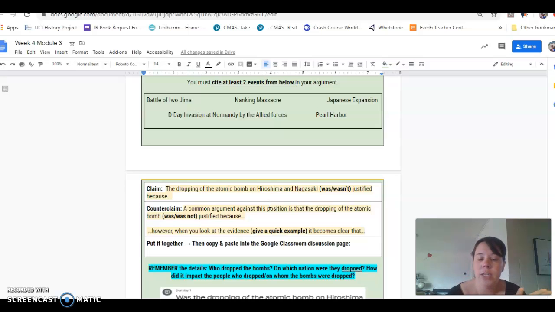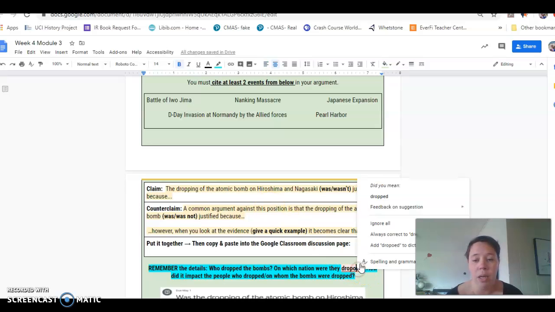However, when you look at the evidence, here's a great place to plug in evidence from the Battle of Iwo Jima, Nanking, Japanese expansion, D-Day, Pearl Harbor, blah, blah, blah. It becomes clear that you're sort of circling back to your own claim to justify why you think it was or wasn't justified. Remember the details: who dropped the bomb, what nation was it dropped upon, who did it impact,